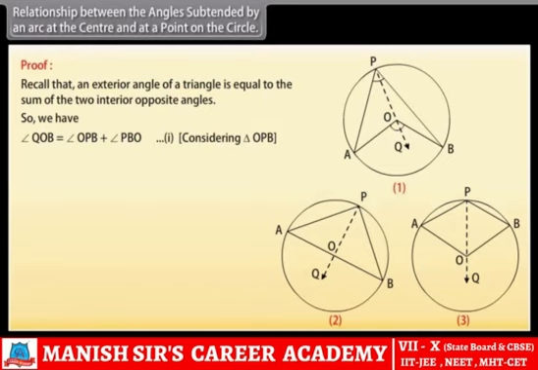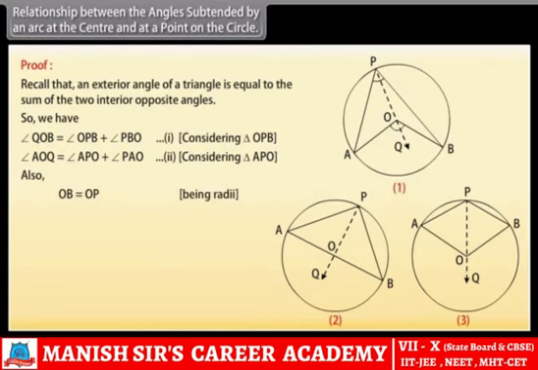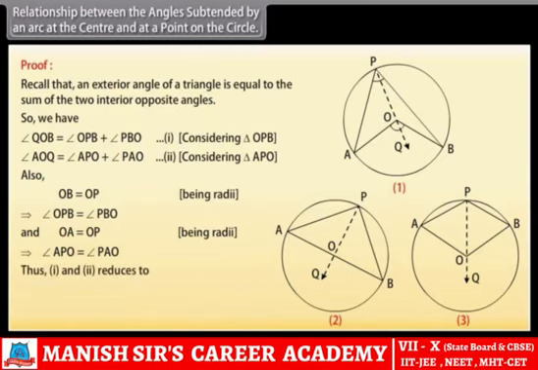1. Considering triangle OPB, angle AOQ is equal to angle APO plus angle PAO. 2. Considering triangle APO, also OB is equal to OP, being radii. Angle OPB is equal to angle PBO, and OA is equal to OP, being radii. Similarly, angle APO is equal to angle PAO, thus 1 and 2 reduce to angle QOB as 2 into angle